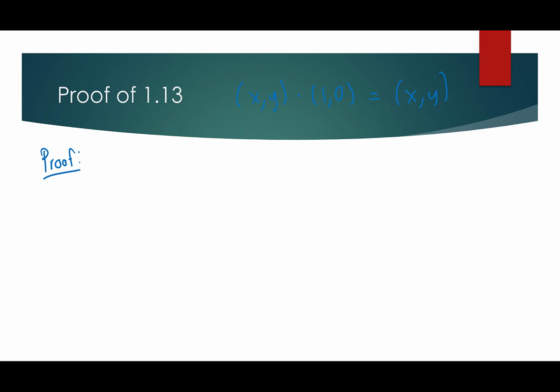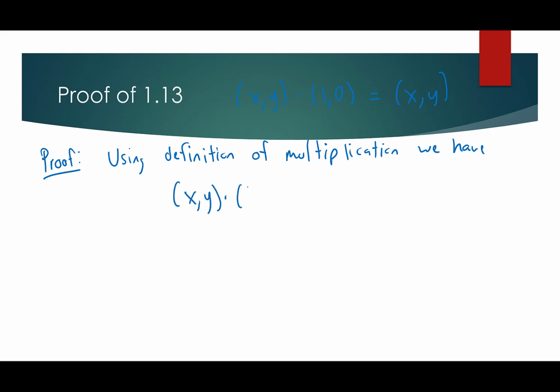We need to remember we have a backwards multiplication, or a strange FOIL. So using the definition of multiplication, we have that xy dot 1, 0 is equal to,